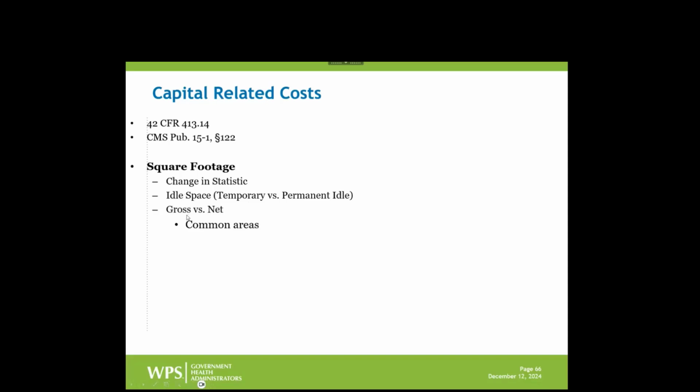Another topic that was actually discussed way back in the 60s when Medicare was first brought up, in some of the old training manuals from even the AHA, they discussed how to count square footage. We're not PPS at that point, but it was obviously a cost reimbursement back then, so it really mattered then. There are 2 methods that are approved, gross versus net.